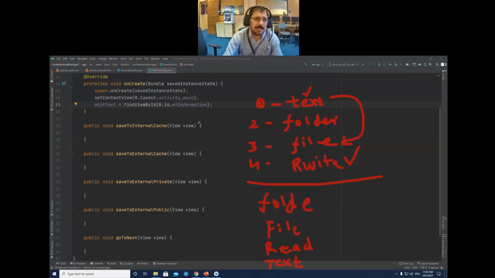So in all these four functions, we need to repeat the same thing. The only thing which will change is the folder. Here we will access the internal cache folder, here the external cache folder, here external private, and here external public.